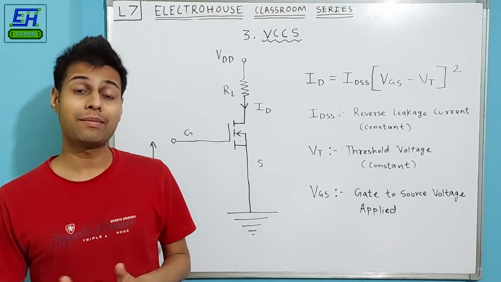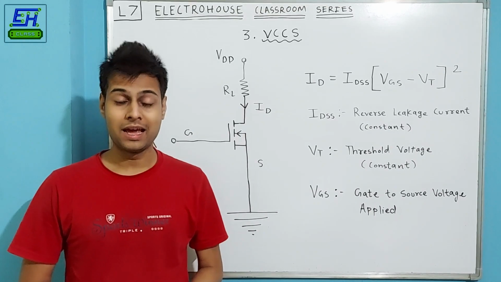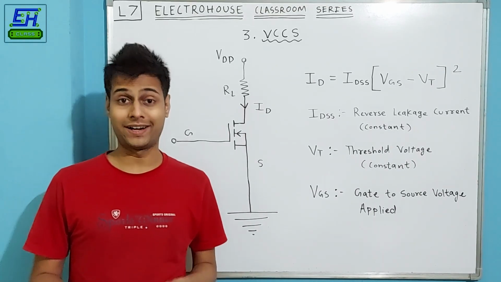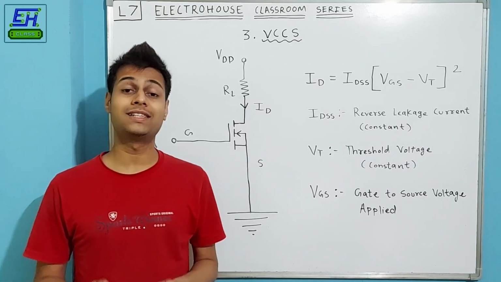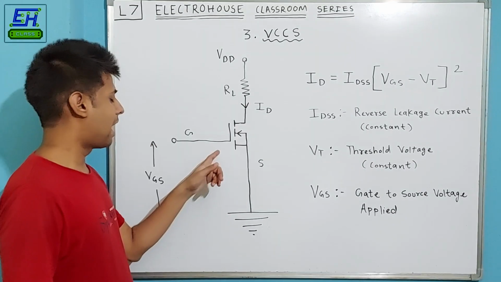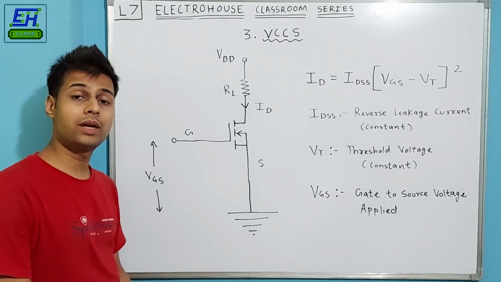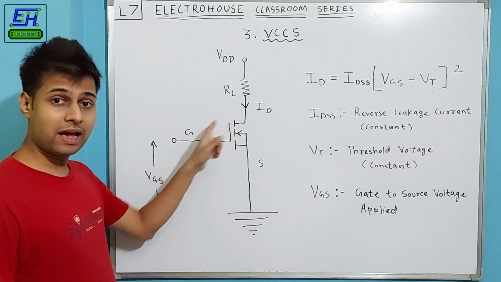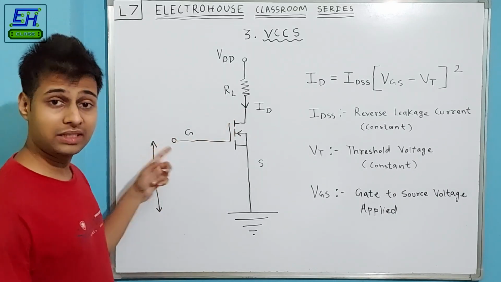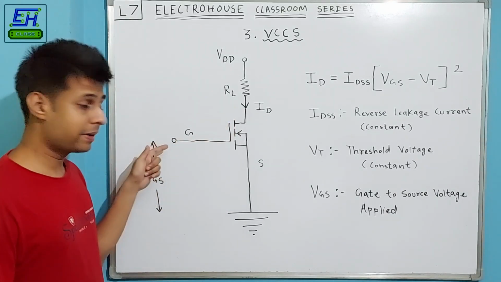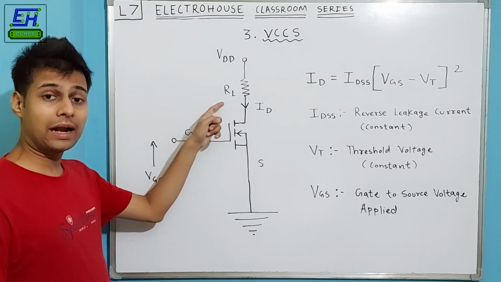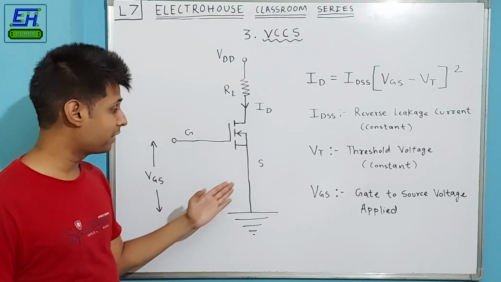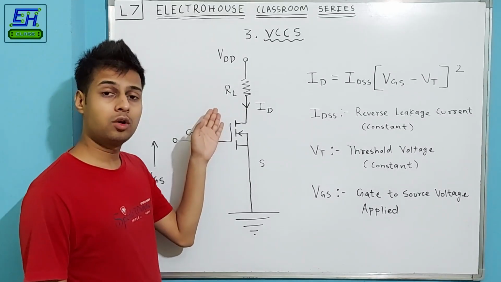And now our third type, which is voltage controlled current source. And the best example of voltage controlled current source is none other than MOSFET. MOSFET is basically a metal oxide semiconductor field effect transistor. And this is our MOSFET, which is very much similar to that of BJT transistor in terms of the number of pins. It also has 3 pins, the same as in BJT. Here instead of the base we have gate, instead of collector we have drain terminal, and instead of the emitter terminal we have source terminal, where RL is the load we wish to drive.